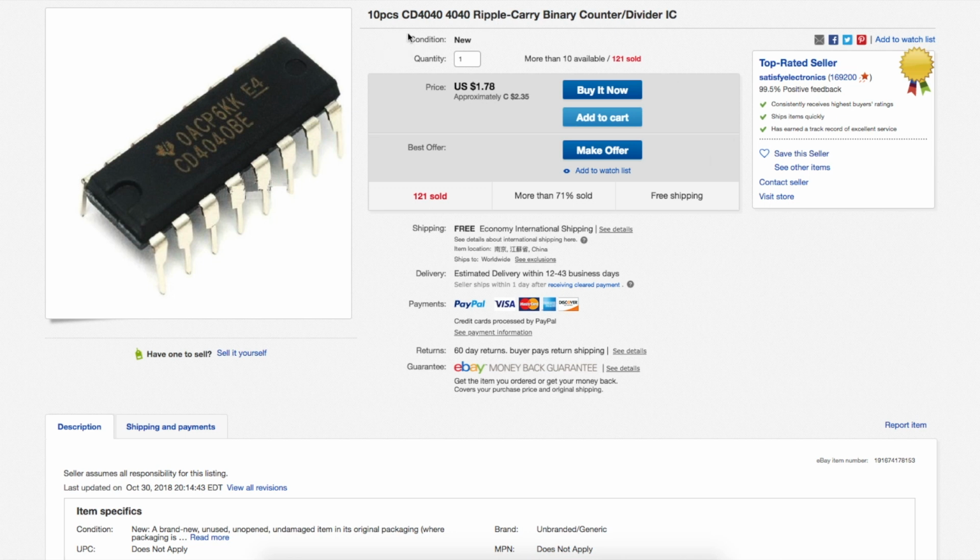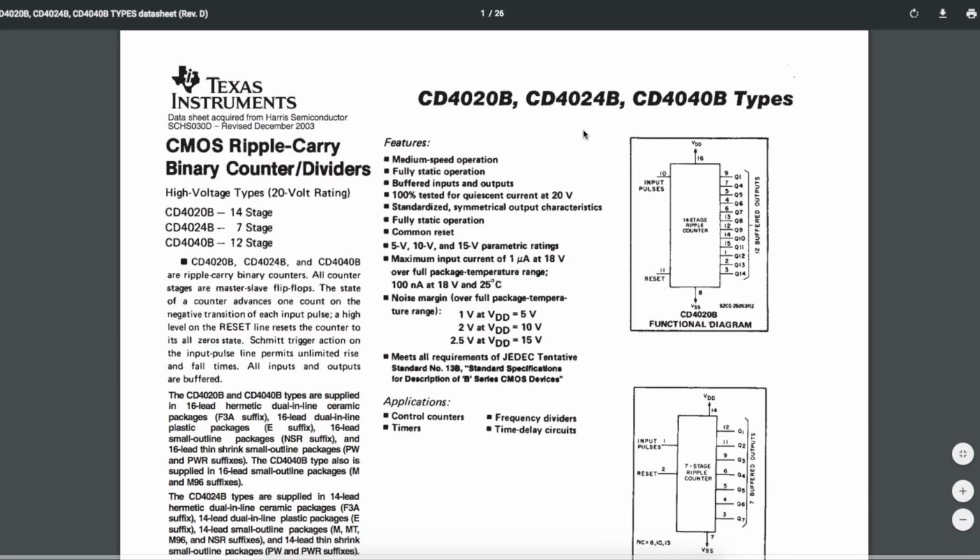10 pieces. CD4040 ripple carry binary counter divider IC, $1.78 from Satisfy Electronics. So there's a few chips in this series, a 4020, a 4024, and a 4040, that are all ripple carry binary counters dividers. They just have different number of stages. So this can basically do clock dividing. If I really wanted to divide a lot, I can get up to Q14 on this 4020. But in order to give us these many stages with only a 16-pin package, they sacrifice the first couple of